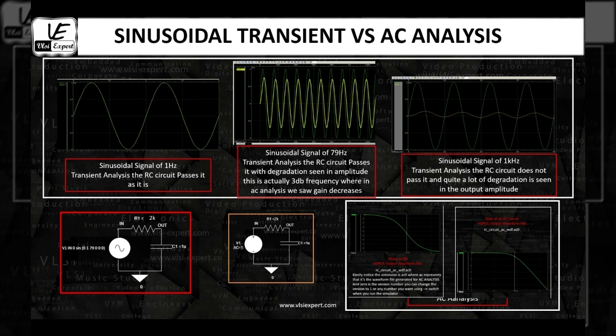during our analysis. So guys, I hope you are able to understand why we do AC analysis. We do AC analysis wherein we want to find out, for a given range of frequencies, how my circuit is going to behave, right? We do the transient analysis in order to understand what delay the circuit is going to give me, after how much time I am going to get my output. So now I'll see you in my next session. Thank you.